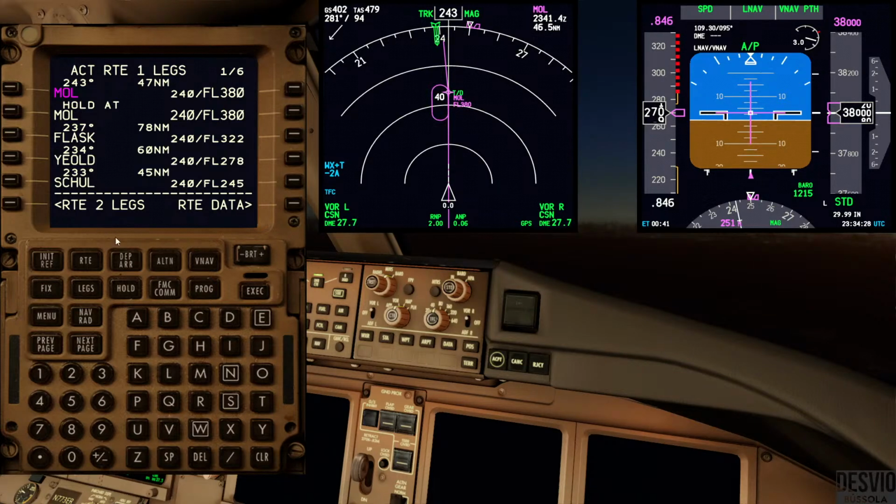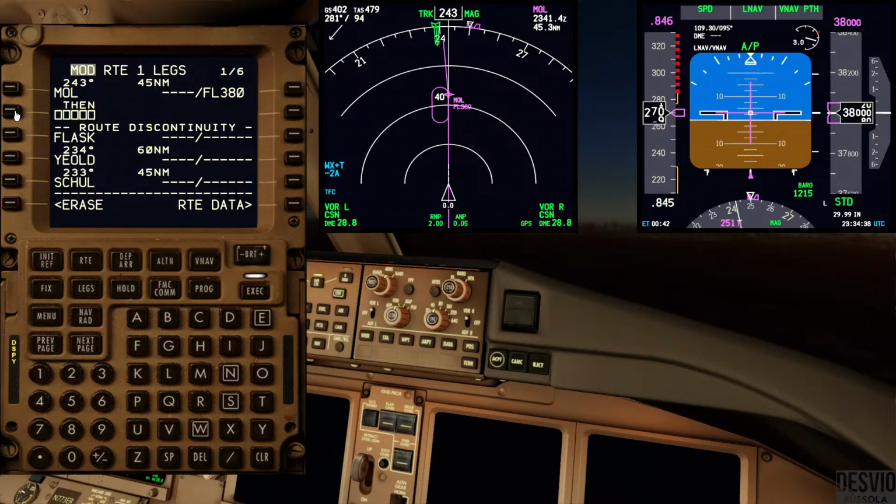Okay, if I want to delete this hold, I just press delete. I come to the point where I have the hold, and I just select it. It is gone. I just need to complete the discontinuity and execute again. Okay,